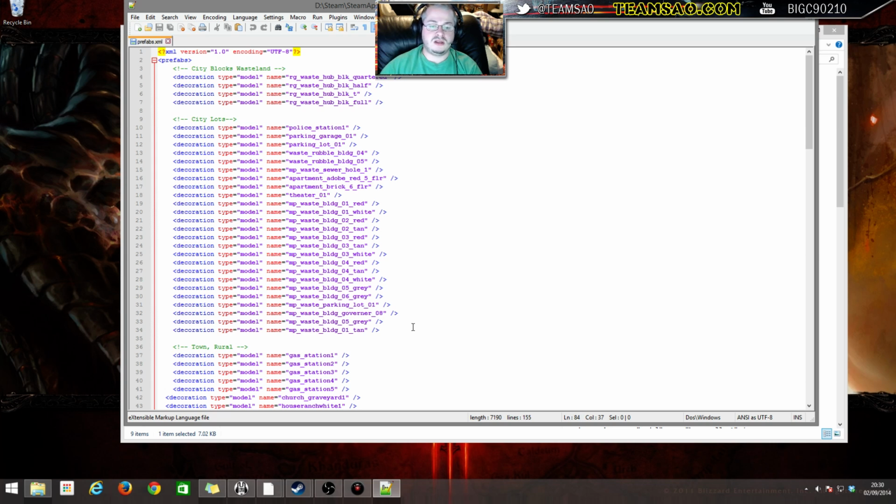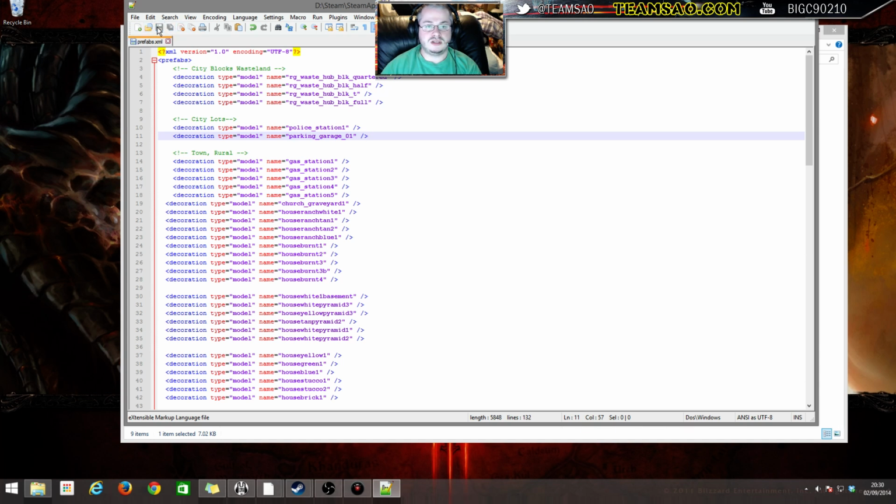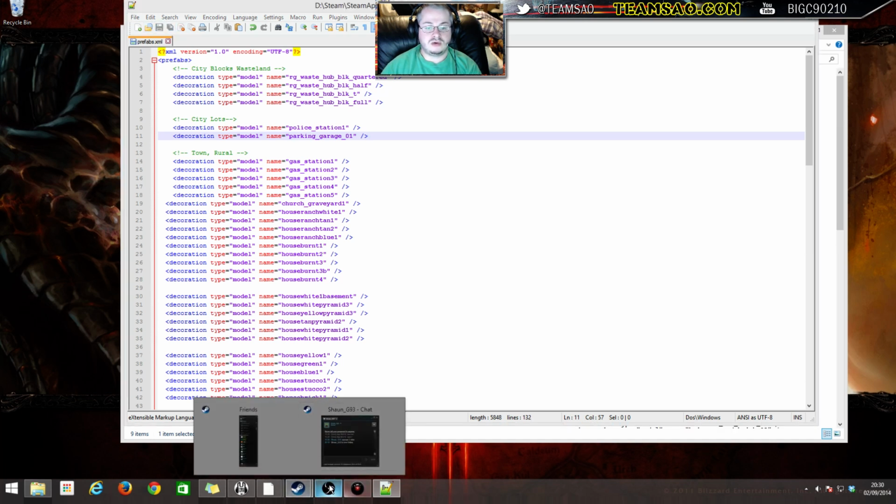So, in the city, there are all of these prefabs. Now, all of these prefabs will be randomly placed in the city when the city is generated. They will not necessarily be placed in this order, and there is no guarantee that this prefab, just because it's in this list, will appear. Every time a prefab is generated for creating the city, one of these is picked at random. So, as an example, if you deleted all of these and saved, and then quickly